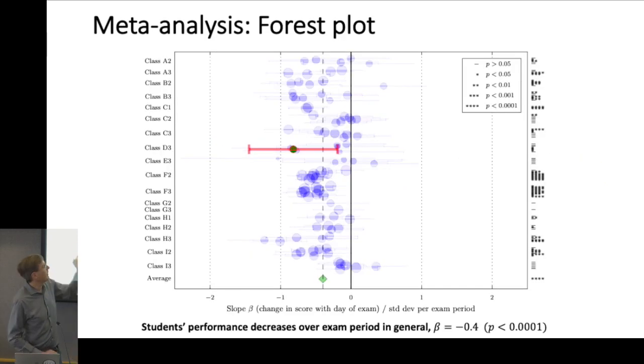We've looked at a huge number of classes and a huge number of exams, and this is remarkably consistent behavior. Across all these exams, we see that scores go down by roughly 4/10 of a standard deviation throughout the exam period. We've done some analysis that says this is largely just the weaker students choosing to take it later in the week. So it's not like you could have an intervention where, if we force these students to take it early in the exam period, they'll do better. No, it's just them